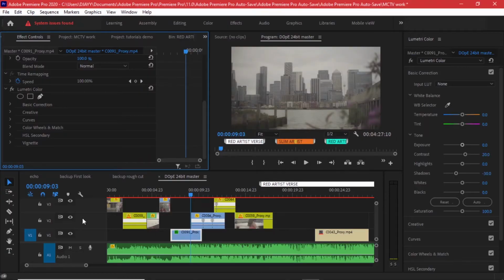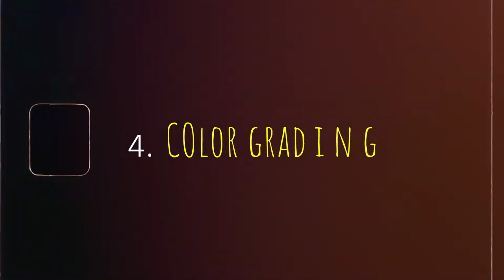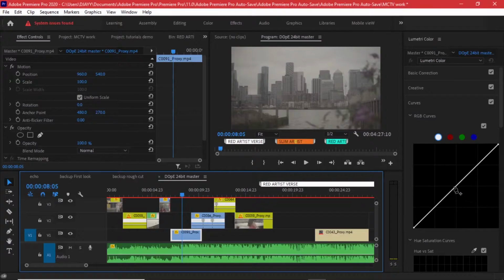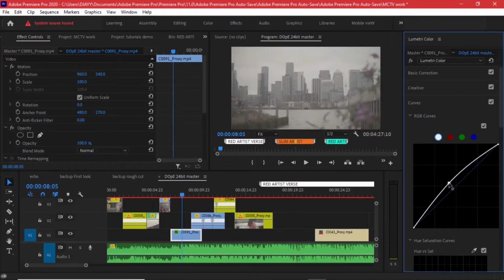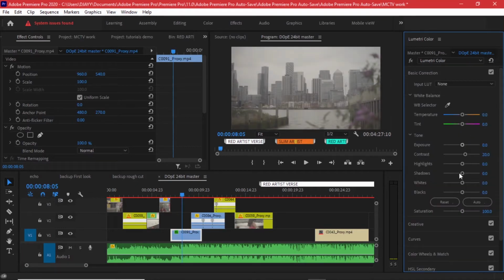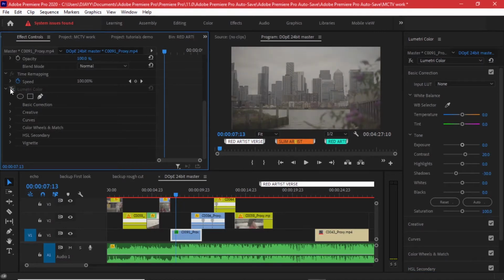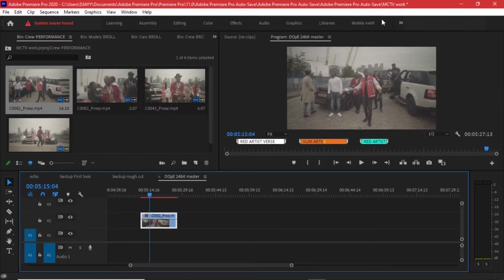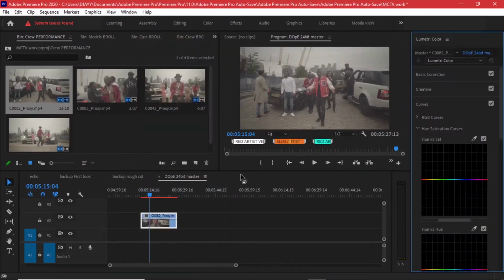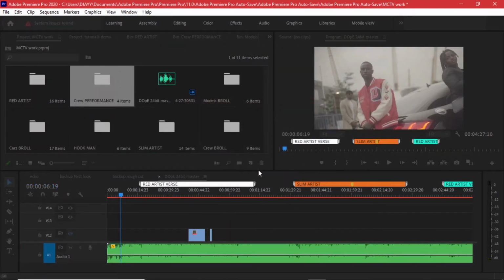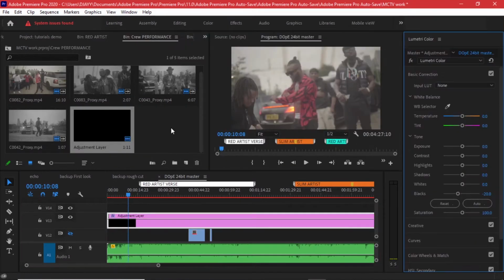This takes us to the fourth tip that I have for you for this video, that is to color grade your work. Now this might be a simple brightness adjustment or playing with the RGB curves or correcting the saturation or vibrance of a clip that can make your video a whole lot more watchable when everything else is or is not lined up well. If you think it's a lot of work to color grade several clips, simply add an adjustment layer and add the Lumetri color corrections into it, slap it through the entire timeline,